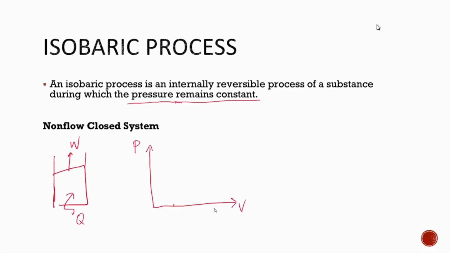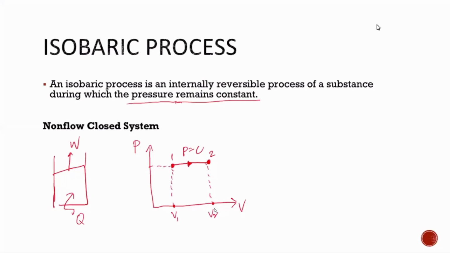So, okay, let's say ito yung for some time, okay, for the first state, okay, ito yung ating P1, okay? So, meron siyang, let's say ito yung naging pressure natin. But then sabi natin, the pressure remains constant. So we are expecting a straight line here. So nagbago man si volume but the pressure is constant. So ayan. Pressure is constant. Okay? So from state 1 to state 2. Lagyan na lang natin ng arrow.